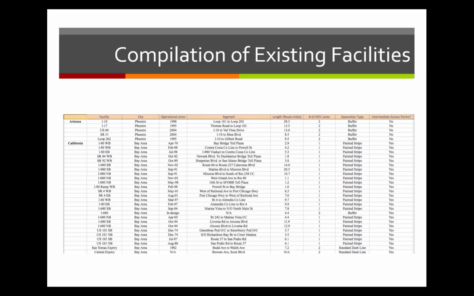My next task with the project was a compilation of existing facilities. The purpose of this was really just as a good tool to compare all the different HOV and HOT facilities that currently exist. Like I said, there were 345 HOV and 13 HOT. So this is hopefully going to become a helpful spreadsheet in which we can compare all the different characteristics that